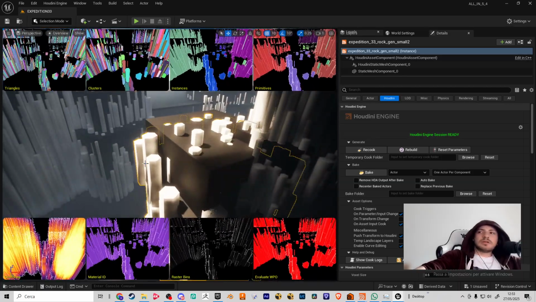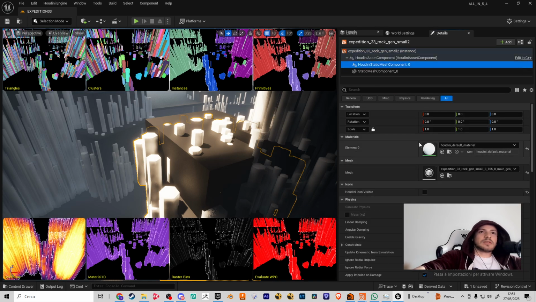So this is how you enable Nanite for your HDAs without going every time into the thing here, open it,